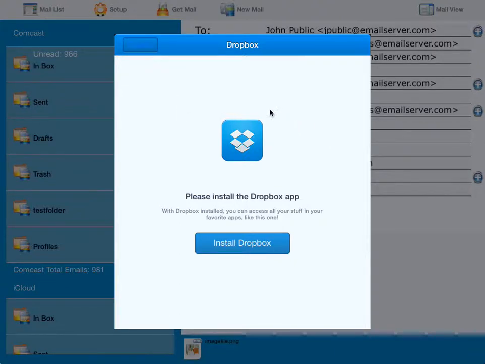In your iPad, if you have already registered with Dropbox, a list of the files will come up at this point, and you can select one which will be added as another attachment file, and it will appear in a very similar fashion to what you just saw. So we will go ahead and close this